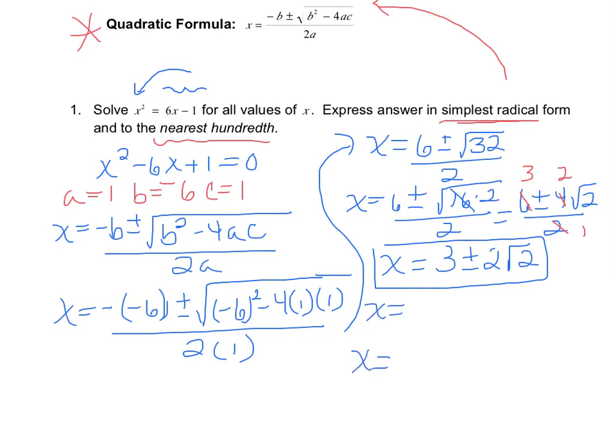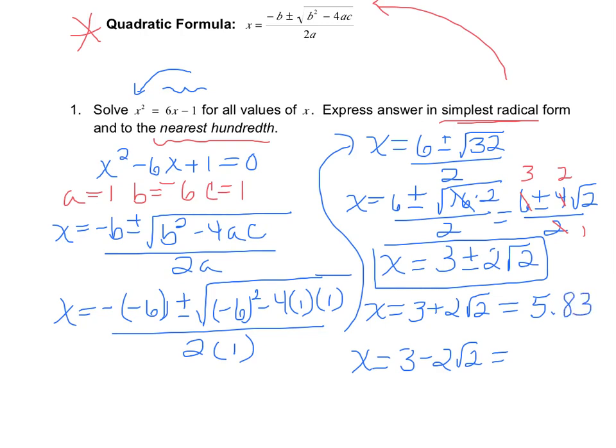So we're going to have 3 plus 2 radical 2 and 3 minus 2 radical 2. And again, this is where your calculator is going to come in handy. In the calculator, you're going to put in 3 plus 2 radical 2, enter, and see what you get. And we need that answer to the nearest hundredth. So hopefully you get